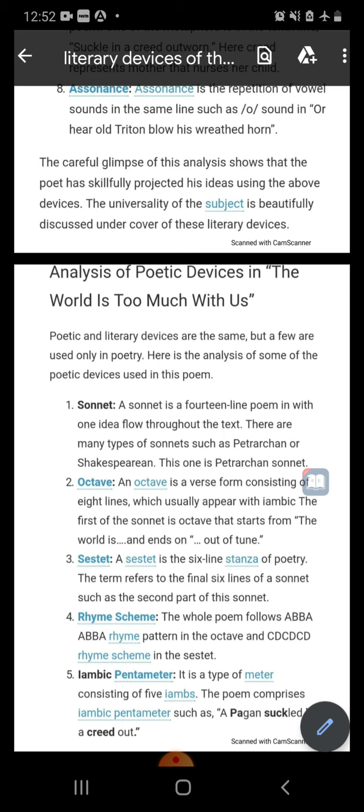So, the major poetic device of the poem "The World is Too Much with Us" is sonnet. So let us begin about this topic,